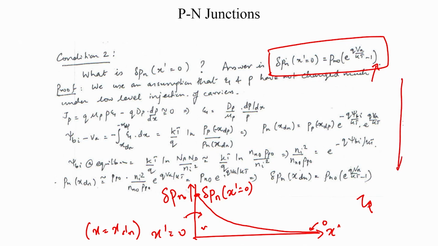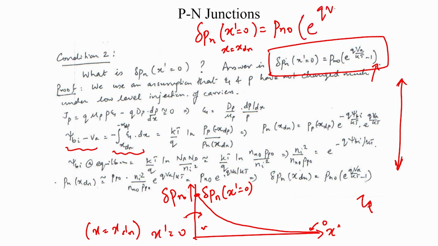Again, there is a short derivation. You end up with that expression by simply defining the built in potential as an integral of the electric field. That is of course with some near equilibrium approximations. But what this expression tells you is that my delta Pn, which is the excess holes injected into the n side at x dash equal to 0, which is at x equal to x dn, is equal to Pno, which is the equilibrium hole concentration on the n side, into